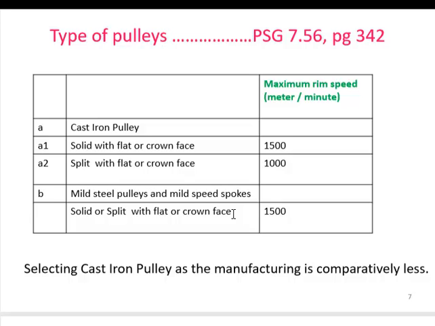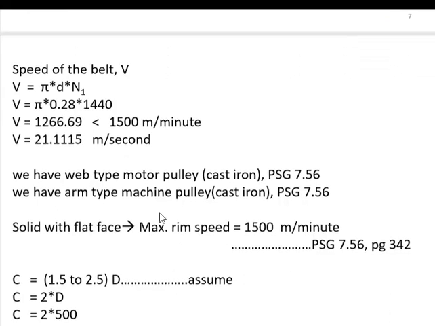So once we have selected the type, depending upon the speed of the pulley, we can come to a conclusion which one to select. Moving ahead, we will calculate the speed of the belt, and the speed of the belt and the pulley is the same. So pi dn, and we know the diameter of the smaller pulley, and we know the speed by which the smaller pulley is rotating. The value comes around